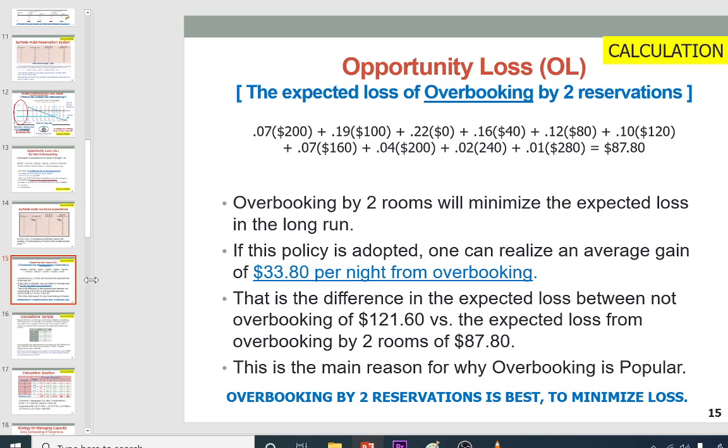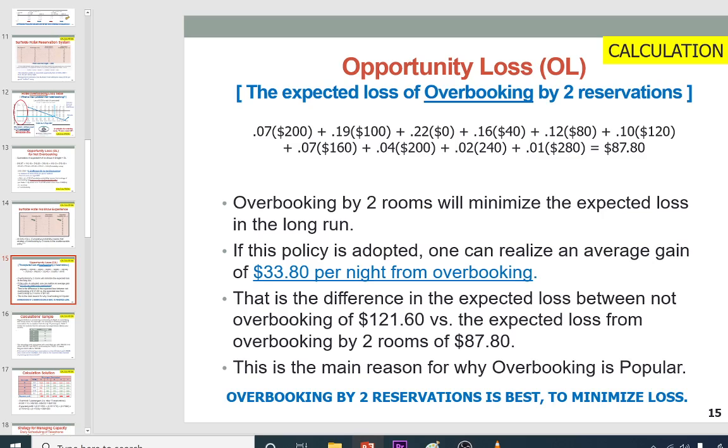So now we're going to have 0.07, which is 7%, multiplied by 200, plus 0.19 multiplied by 100, and plus 0.22 multiplied by 0,